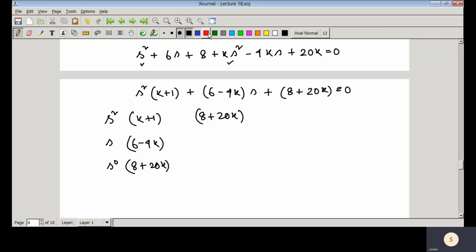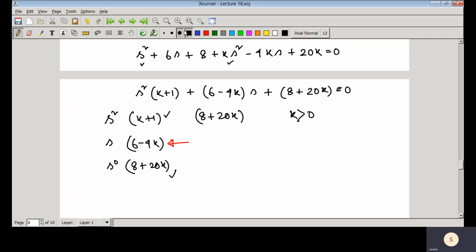So two poles will be on the imaginary axis. That means one row would be equal to 0. So this one would be equal to 0. And as we are dealing with a negative feedback structure, that means k is greater than 0, k varying from 0 to infinity. So this term is positive, this term is positive.